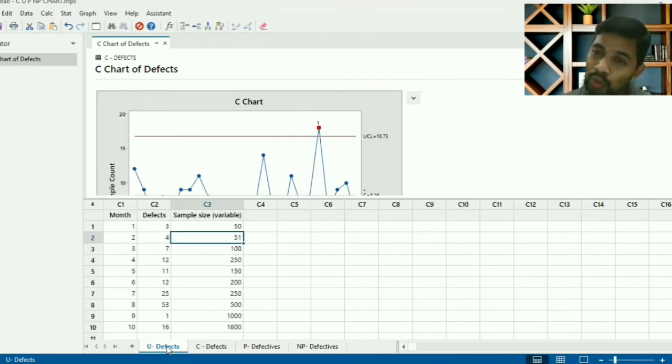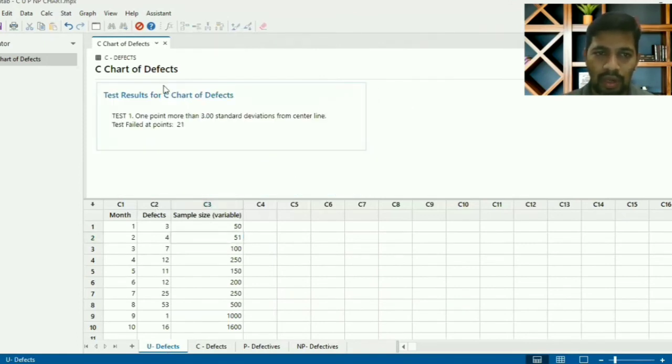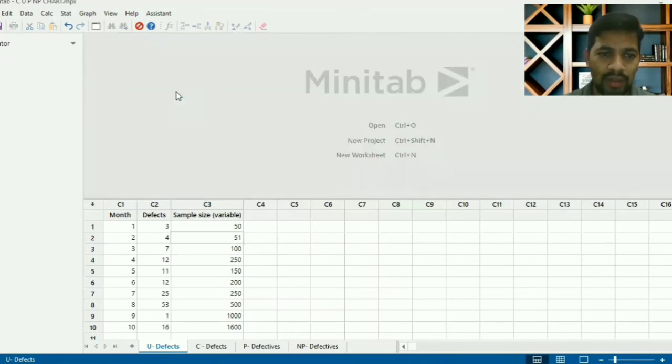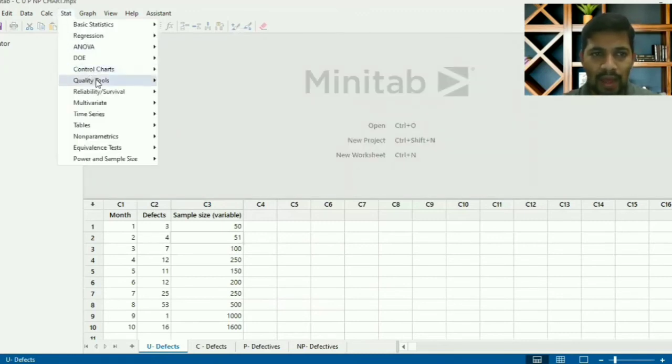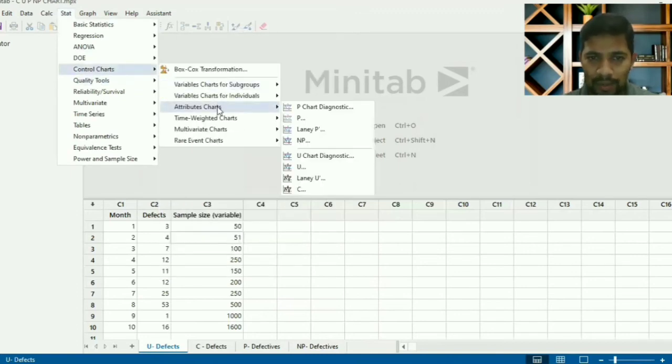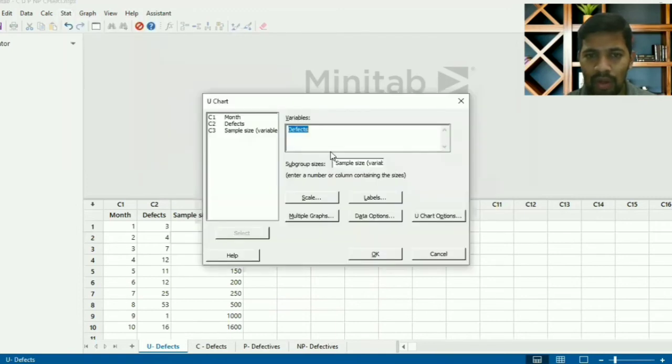Let's talk about the U chart. When you have defects and a variable sample size, you can use the U chart. Let me delete everything. So how to do that? Start, control charts, attribute charts, and this is the U chart. I'm going to give F3 so that I get a clean window.